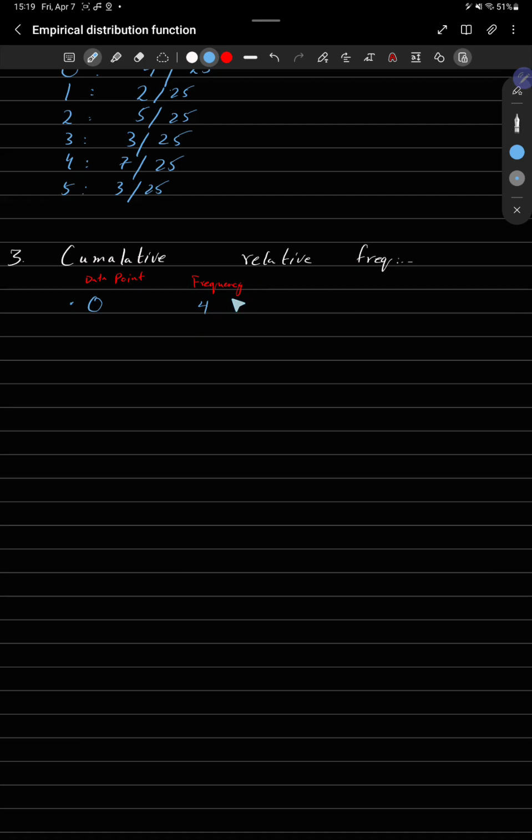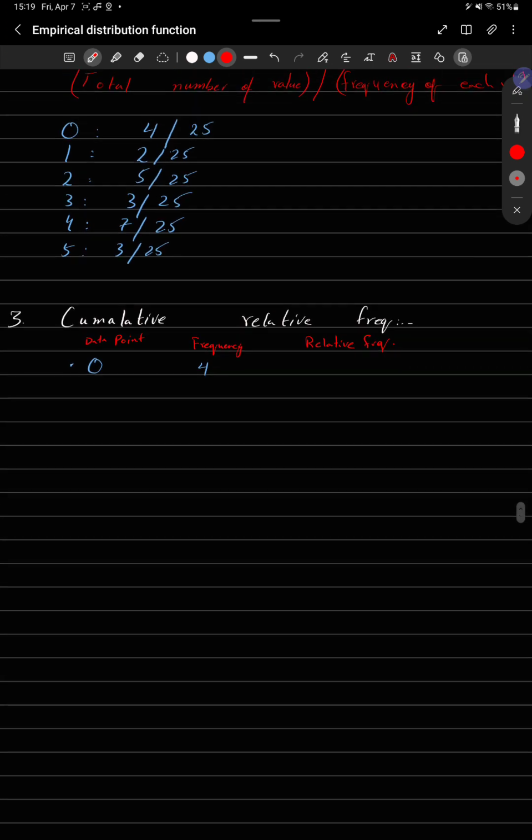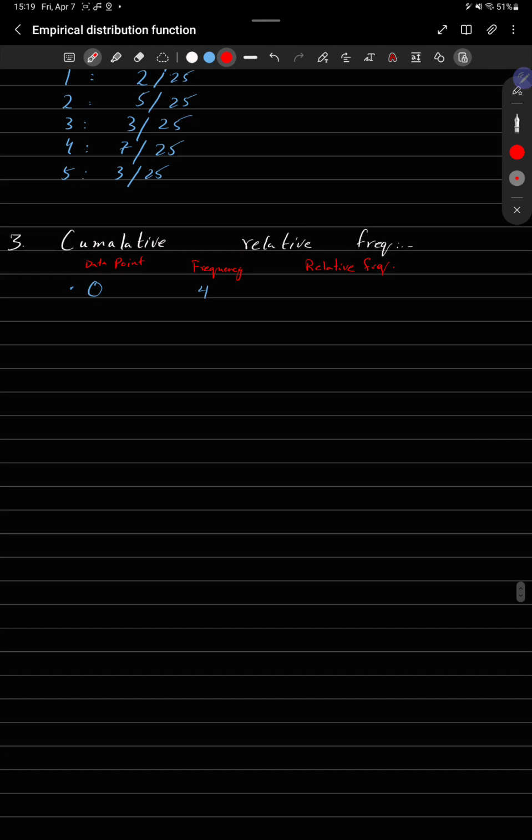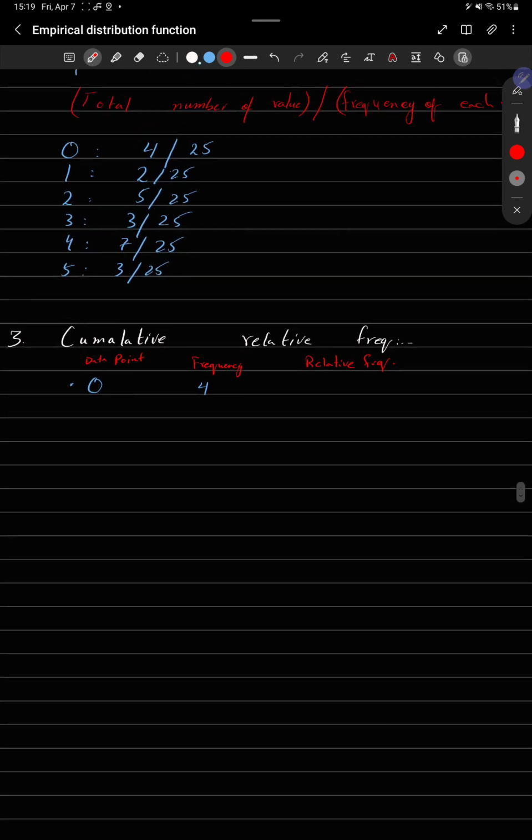And to find the cumulative frequency, it is our 4, and if we look at our relative frequency, we have to divide this one and write the answer. It's 0.16,